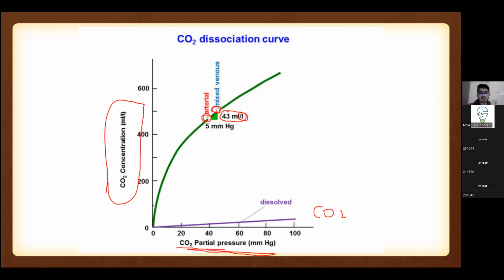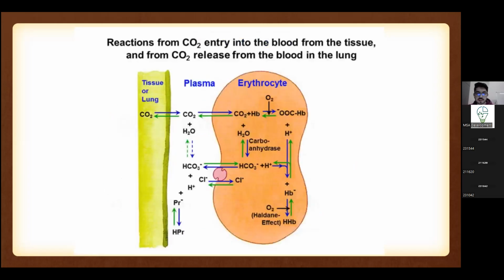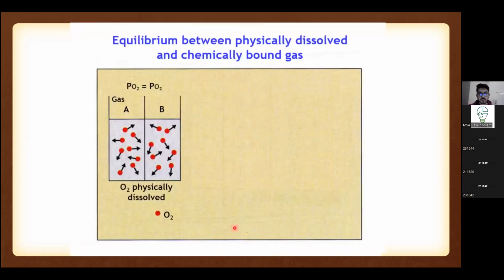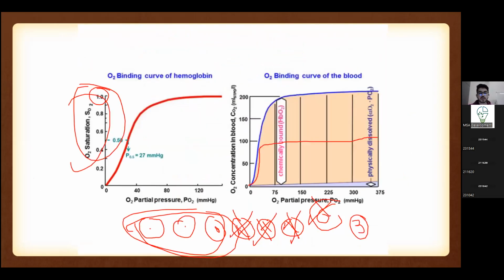However, when this change in concentration happens, we only see a decrease or an increase of 5 millimeters of mercury of pressure. When you remember back in the, sorry, I should have explained something, but I forgot about it. I'm going to re-explain it now. As you can see in the O2 dissociation curve, you can see that